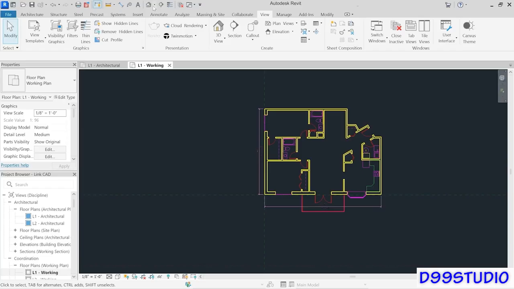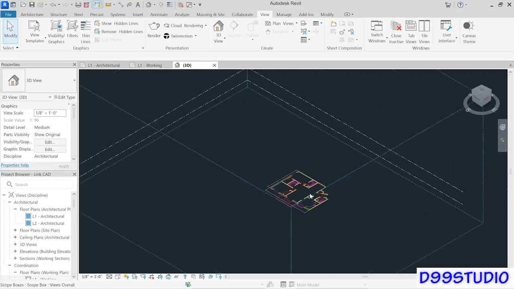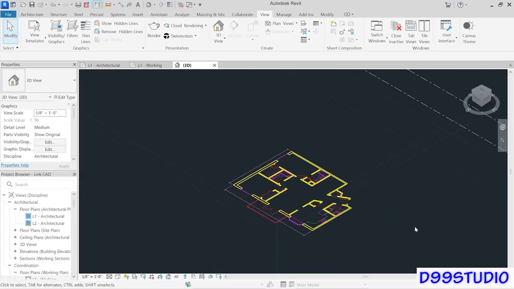Furthermore, if I go to the default 3D view, so the little birdhouse icon up here on the toolbar, that's going to open up the 3D view. And as you can see, the file shows here as well. I do want to stress that just because the file shows here in 3D doesn't mean that it all automatically became 3D geometry. Notice that it stayed flat